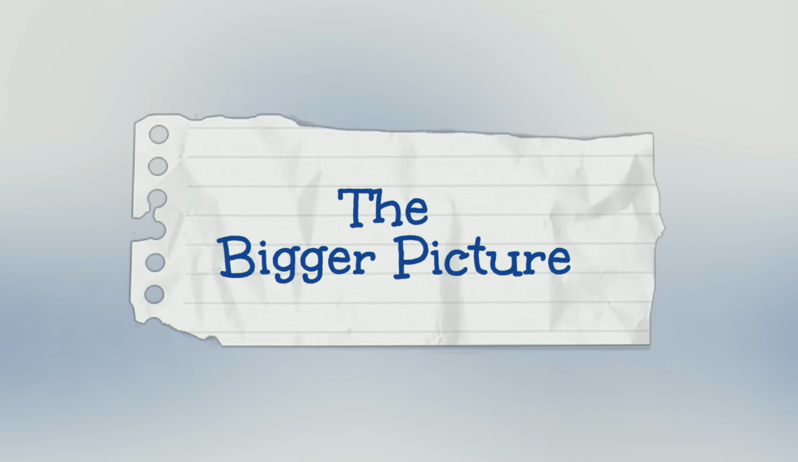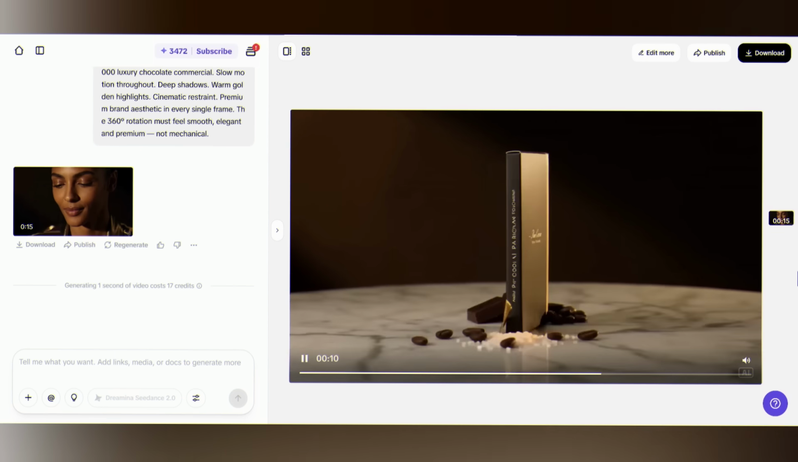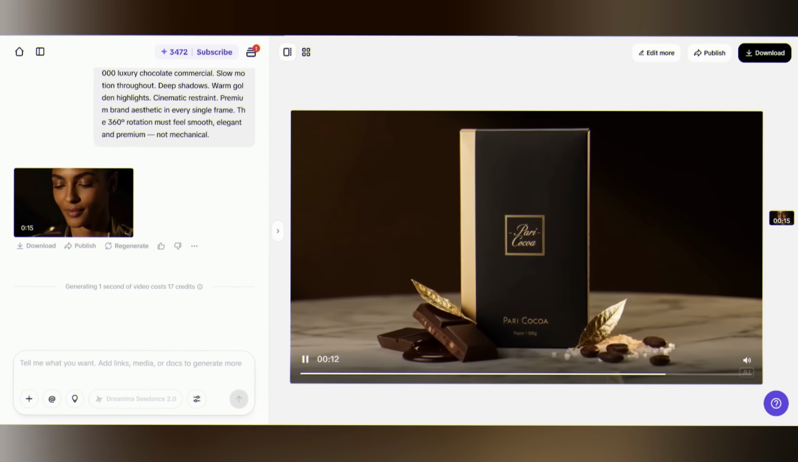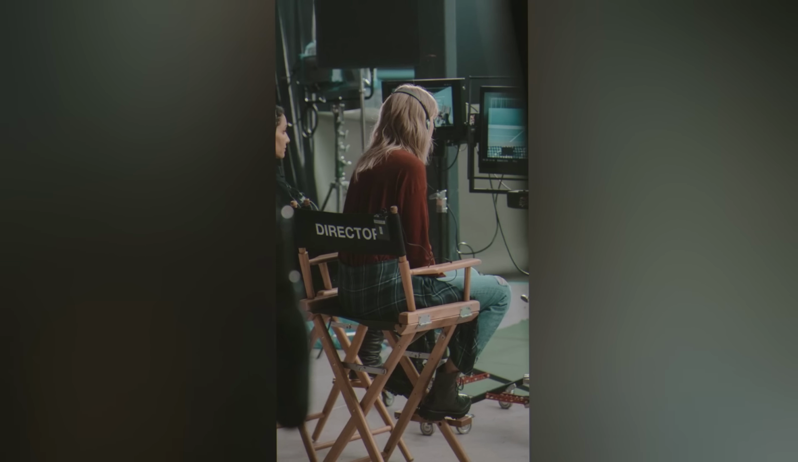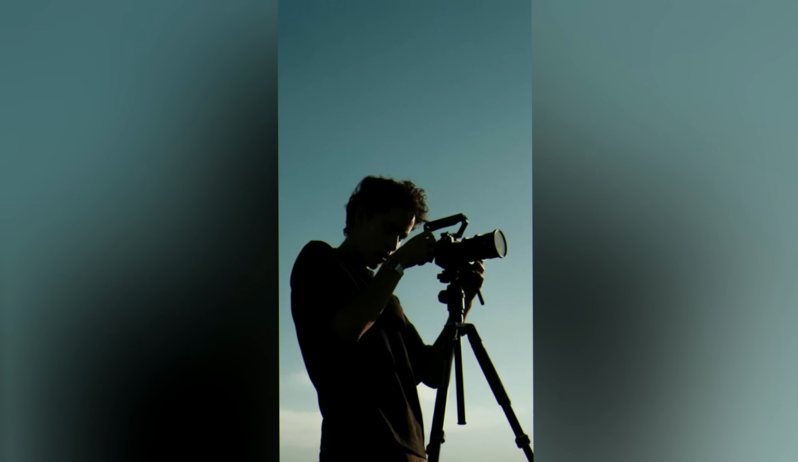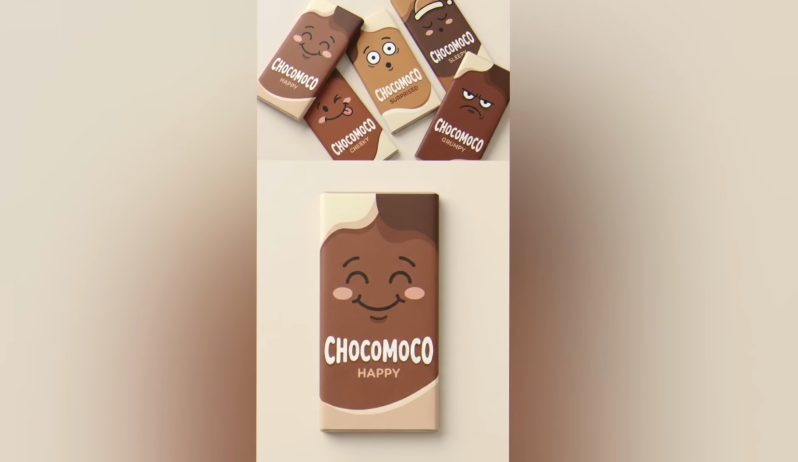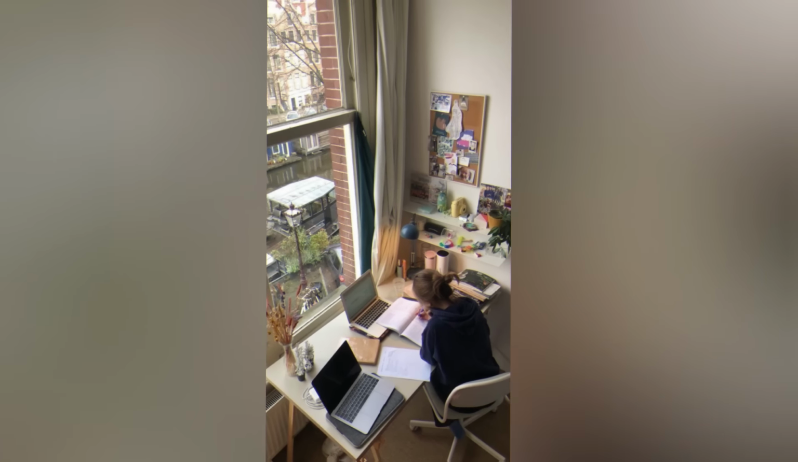The bigger picture. Think about this for a second. Before, a commercial like that Pari Cocoa ad? That would cost tens of thousands of dollars. A studio, a director, a food stylist, a cinematographer, post-production. Small brands and solo creators simply couldn't afford it. Now your only limit is your imagination. Anyone, a solo creator, a small chocolate brand, a student with a business idea, can create something that looks blockbuster